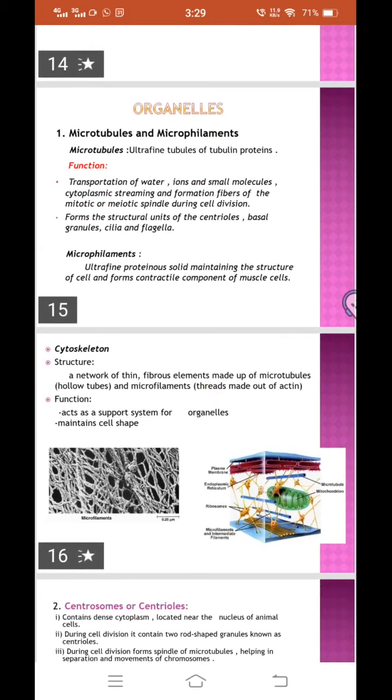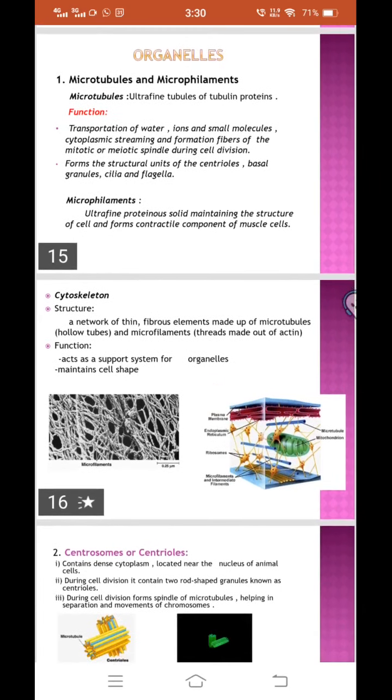जैसे प्रोटीन is a very important component and most of the part of the cell is made up of the proteins. ठीक है, तो ये जो हमारे microtubules होते हैं, these microtubules are ultra fine. It is very very small. They have very small structures and they are made up of the protein, and that protein is the tubulin. So tubulin protein is the protein which is used for making the microtubules. ठीक है.